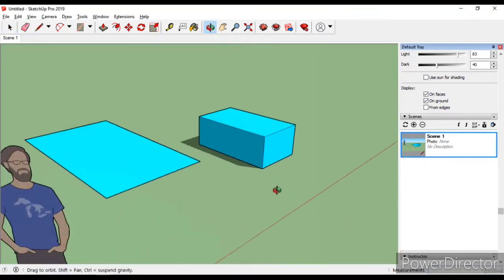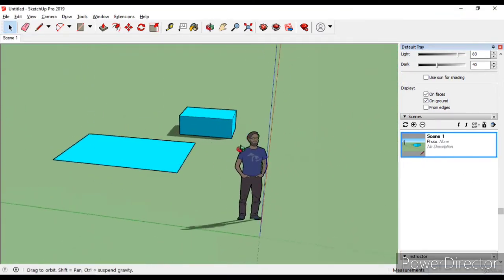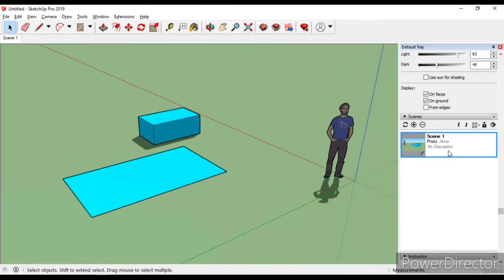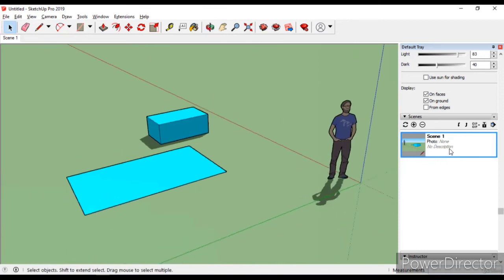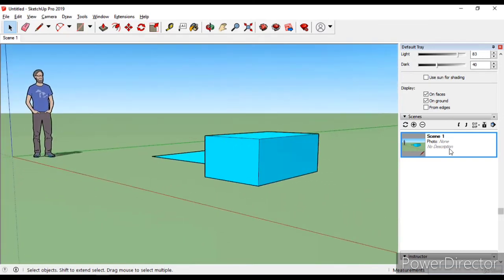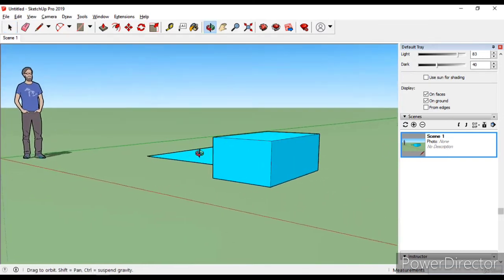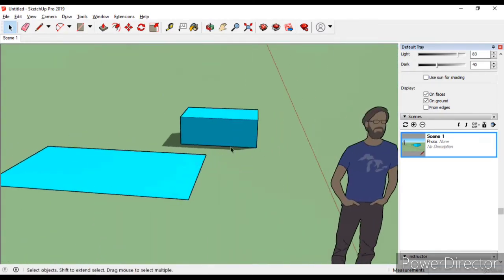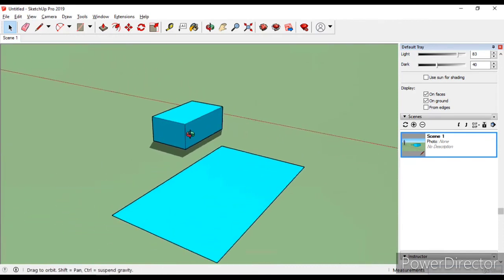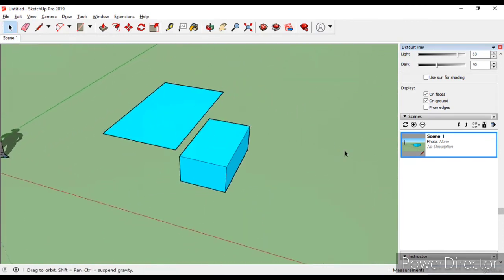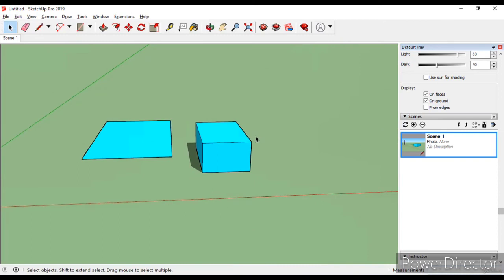So whenever I change my orbit around my scene, if I want to revert back to this earlier one, I can just double click it and it will get revert back to that. So scene will be helpful to create views, renders of any particular building at a particular angle, along with the changes we need to create in the later part.